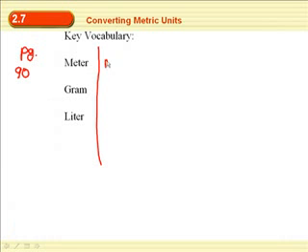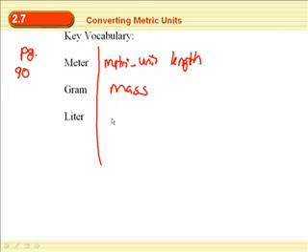Meter is a metric unit for length. Gram is a metric unit for mass, and liter is a metric unit for capacity. One thing I want you to do is write, I know there isn't a key vocabulary box, but